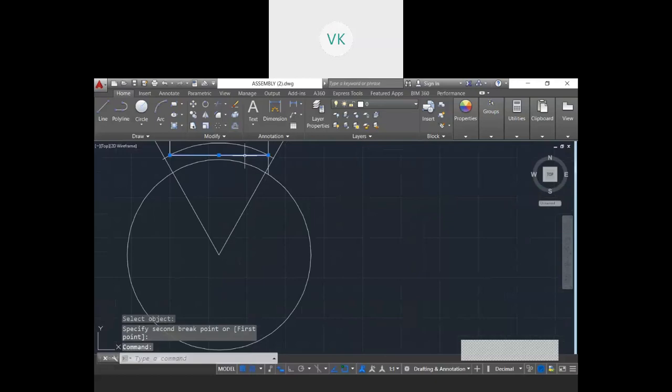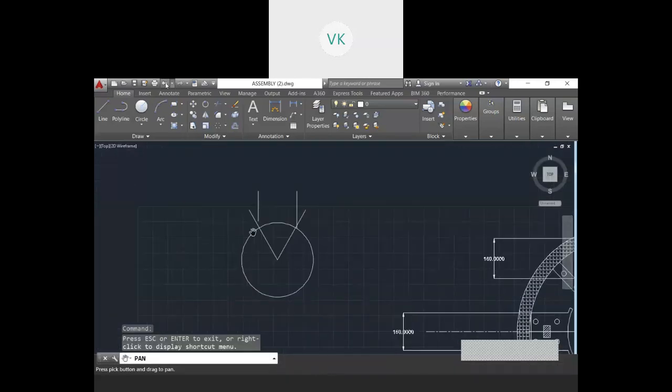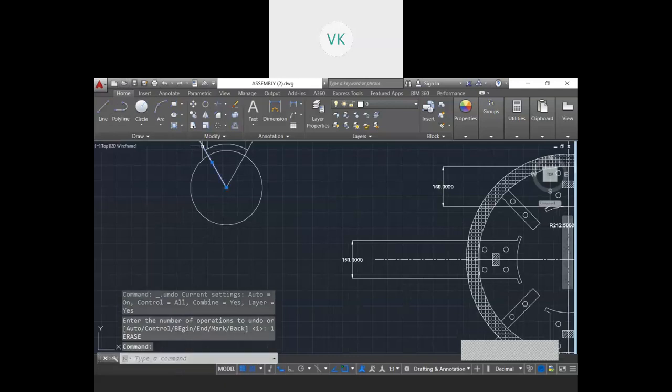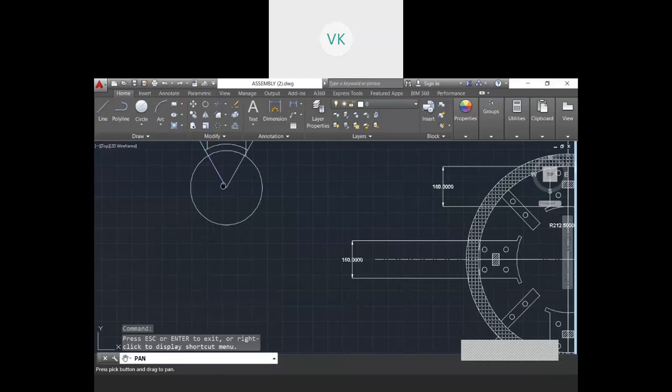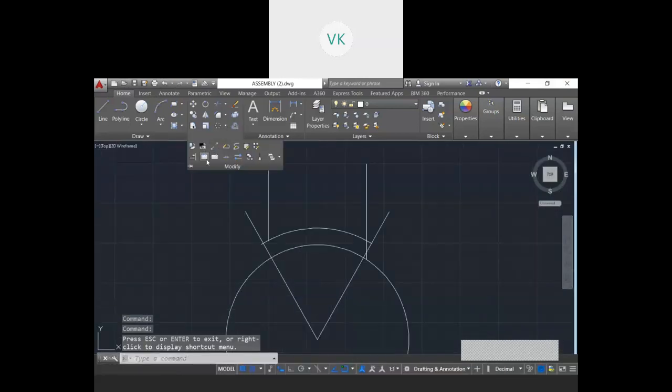Then I will remove this line, is not required for me, and this is also not required for me. Once again make use of a break here.